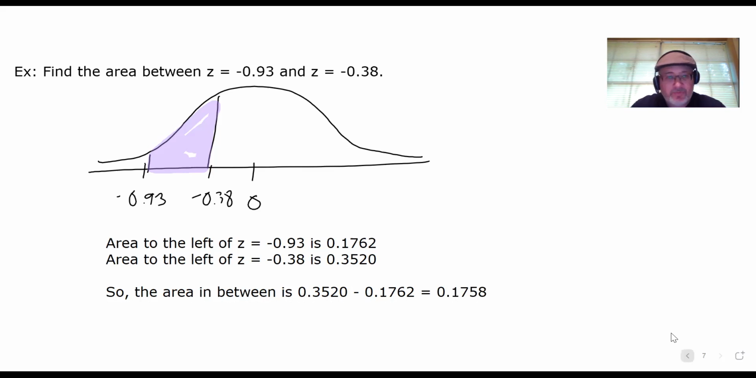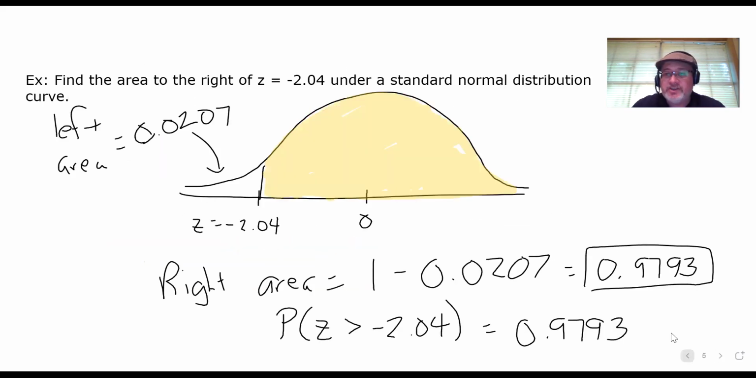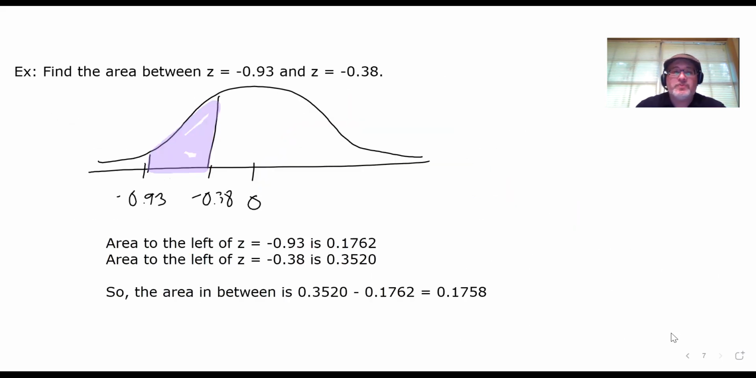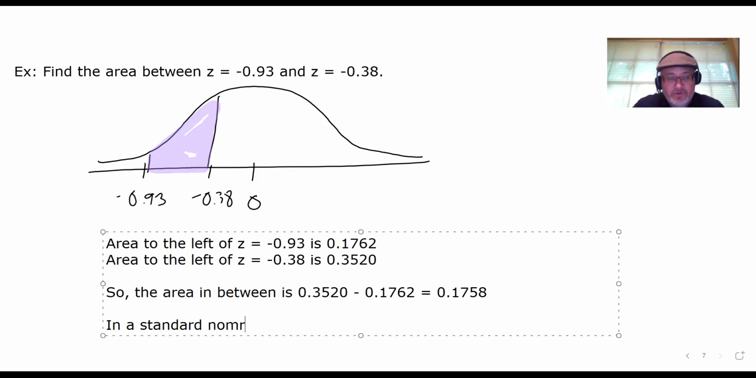I want to check something real quick. Okay, I did the probability there. So what would the corresponding probability be here? I think I'll type this one. This means that in a standard normal distribution, the probability that z is between negative 0.93 and negative 0.38 is